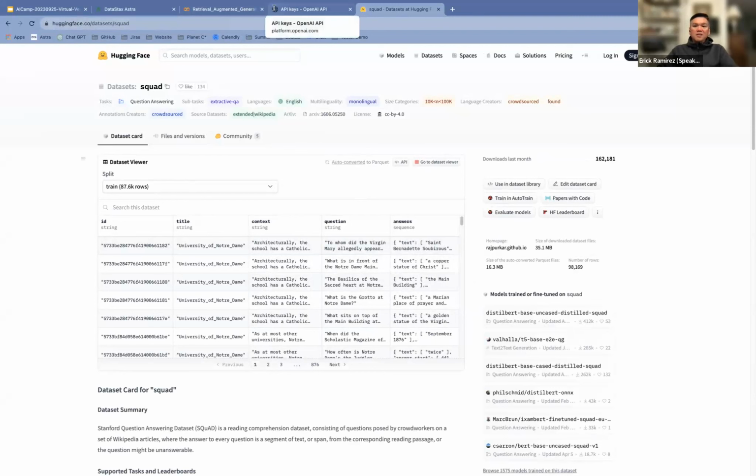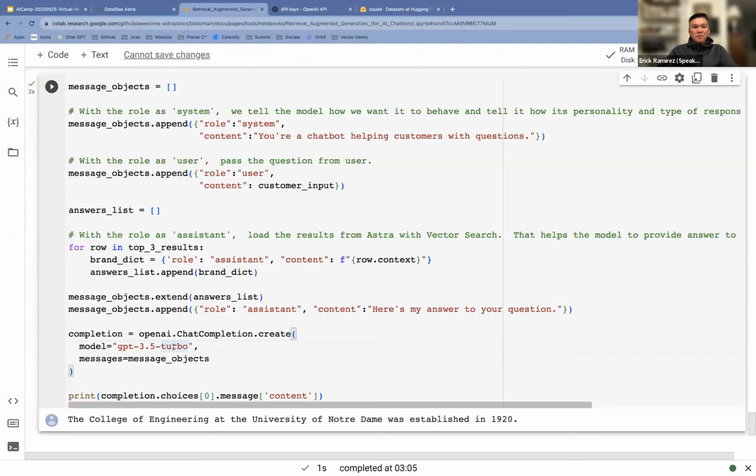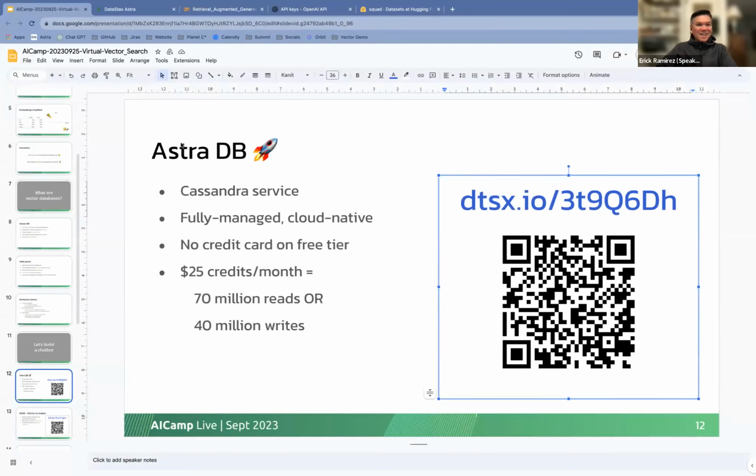The downside is that when ChatGPT trained on the 3.5 turbo model, they pretty much scraped the whole internet, including Wikipedia. So it came up with the same answer as well. Does that make sense? Yeah, I know, it's funny, right?